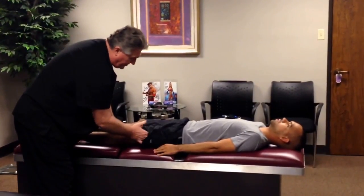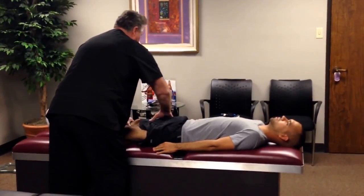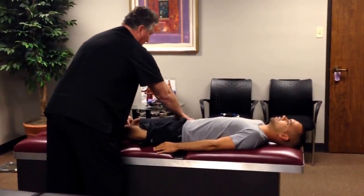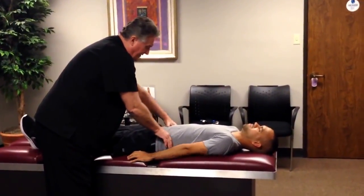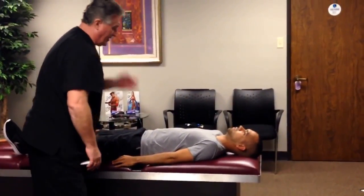I bet you these are sore though. This is the tensor fasciae latae. A lot of people call that the IT bands. Those are both sore, aren't they? Yes, I feel it. That's coming from his pelvis down to his knee on both sides, and those are both sore. He's got an elevation of his pelvis on the right side,